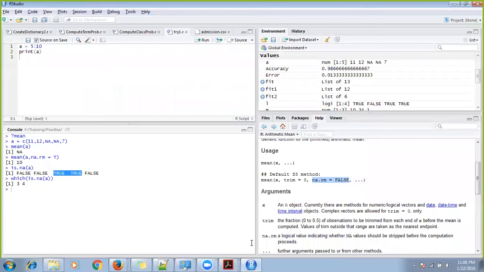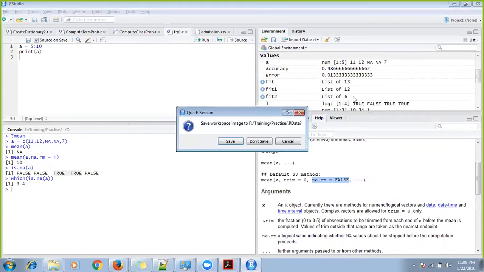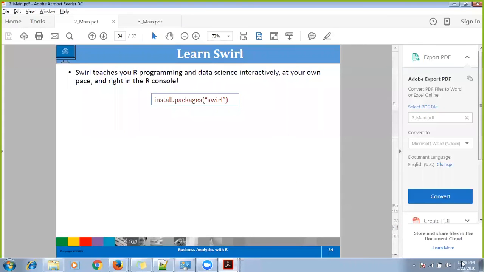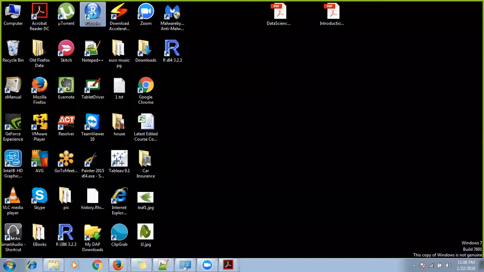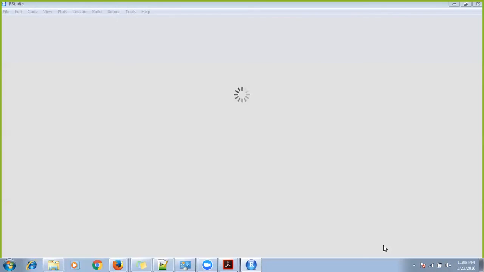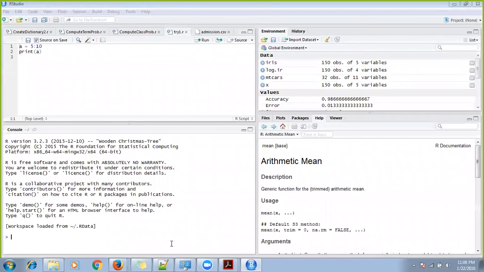Always remember, always start your RStudio in administrator mode. It is easy, because otherwise when you are installing packages, it cannot install packages to where R is installed, such as inside Program Files. It will only install packages inside your own user directory. So if it does, nobody else can actually use them. It's up to you whether you want to.